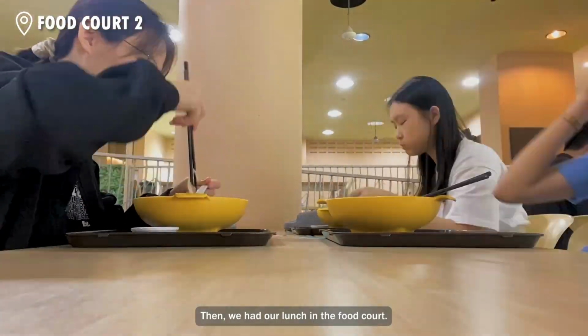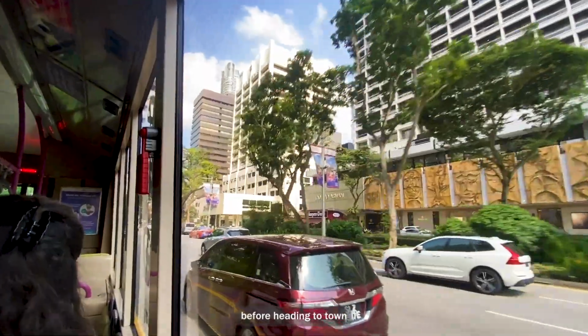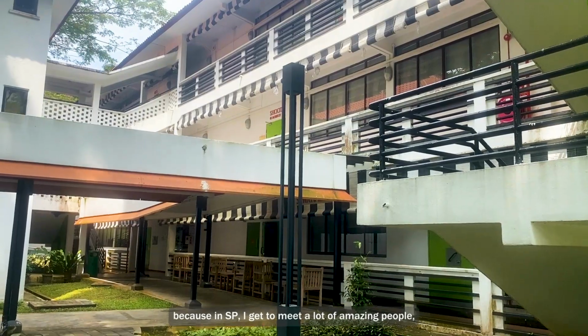Then, we had our lunch in the food court. As usual, we had Yong Tau Fu. After school, we headed to the supermarket to get some groceries before heading to the town for some refreshing after such a long week. Overall, I would like to thank SP because in SP, I get to meet a lot